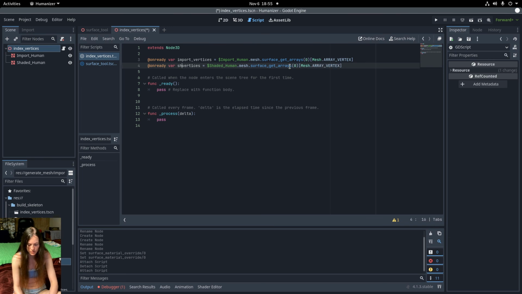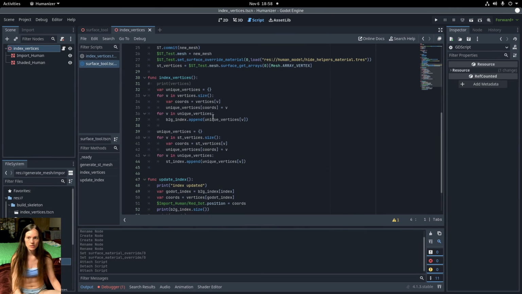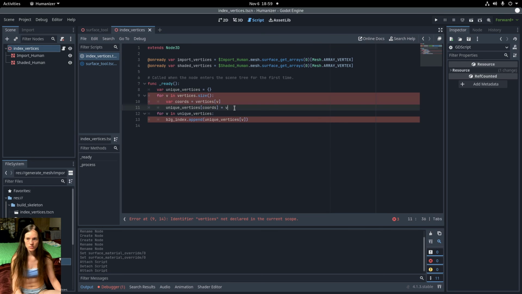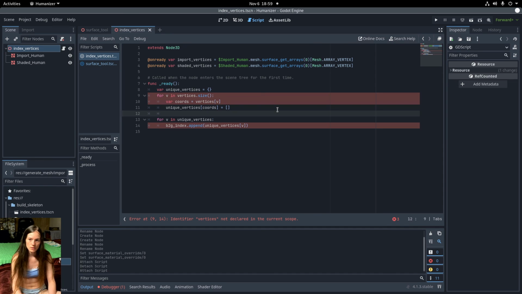So I'll rename those. And now I need to get the unique coordinates from the import array and then match those in order to the ones from the shaded mesh. So instead of setting it to v, I'll set the unique vertices at the coordinates to an empty array, and then I'll loop over